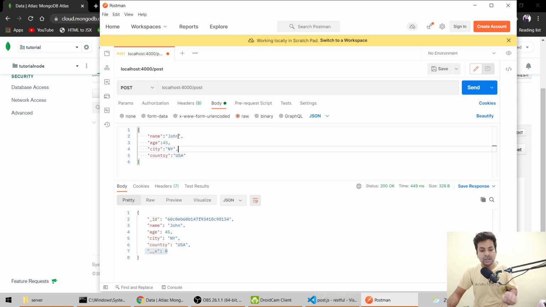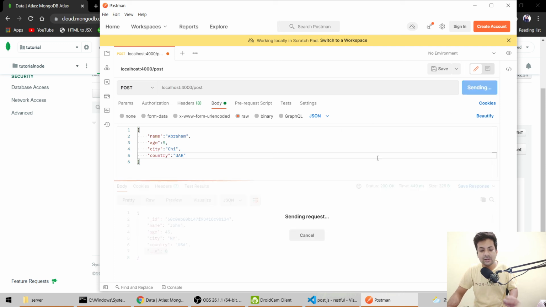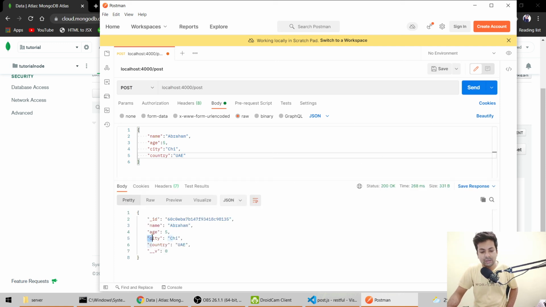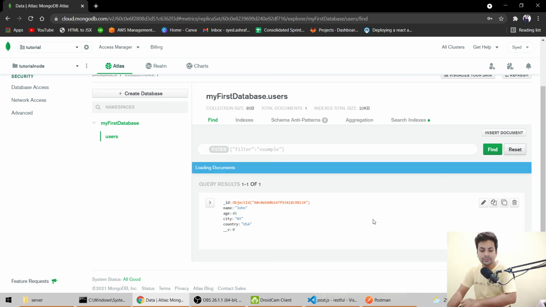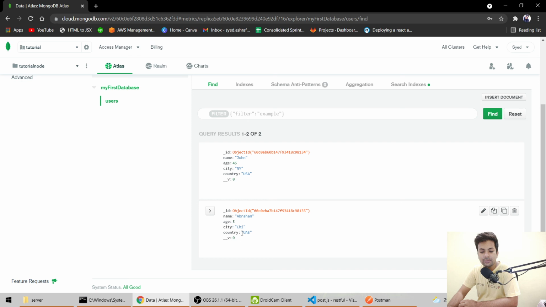Now if we change something, and we say Abraham, age 5, city G, and country UAE, and hit send, we got back the same data. And if we go here and reset it, see, we got Abraham 5 G UAE.